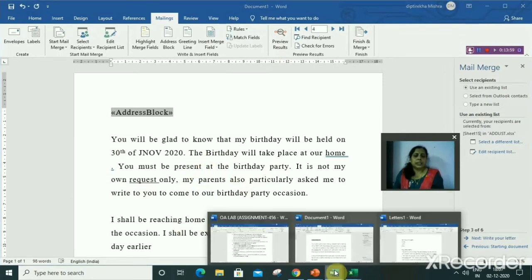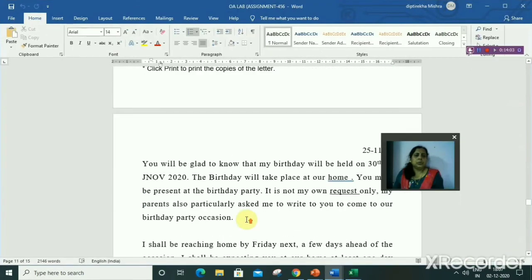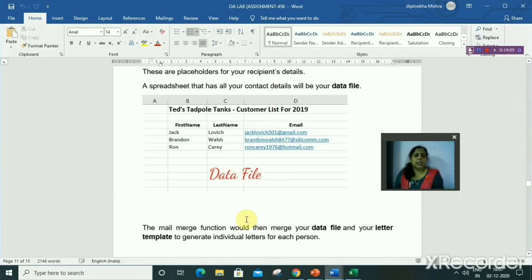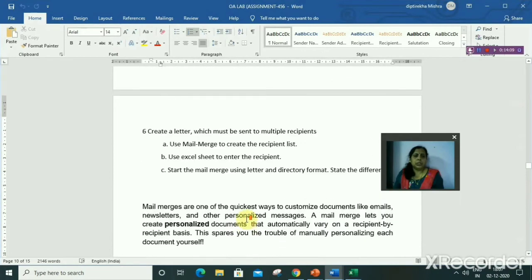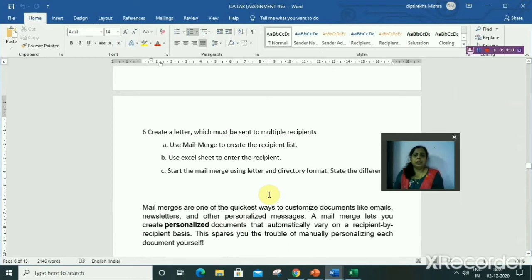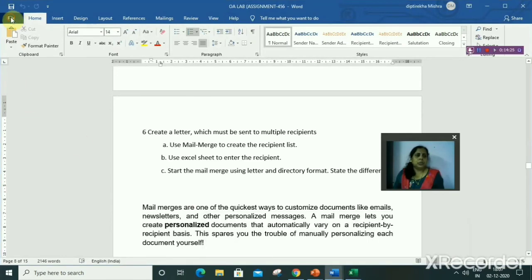Then the next question, the third question, is use directory format of mail merge option. So directory format means it will write all the recipient addresses in an MS Word format. So let's start. So just click on a new document.